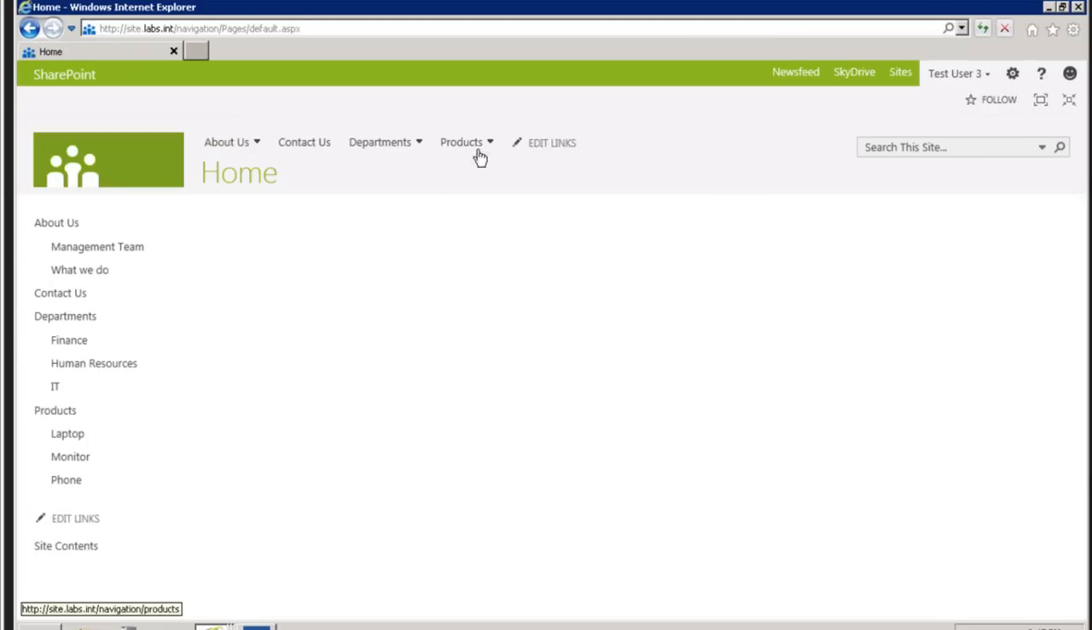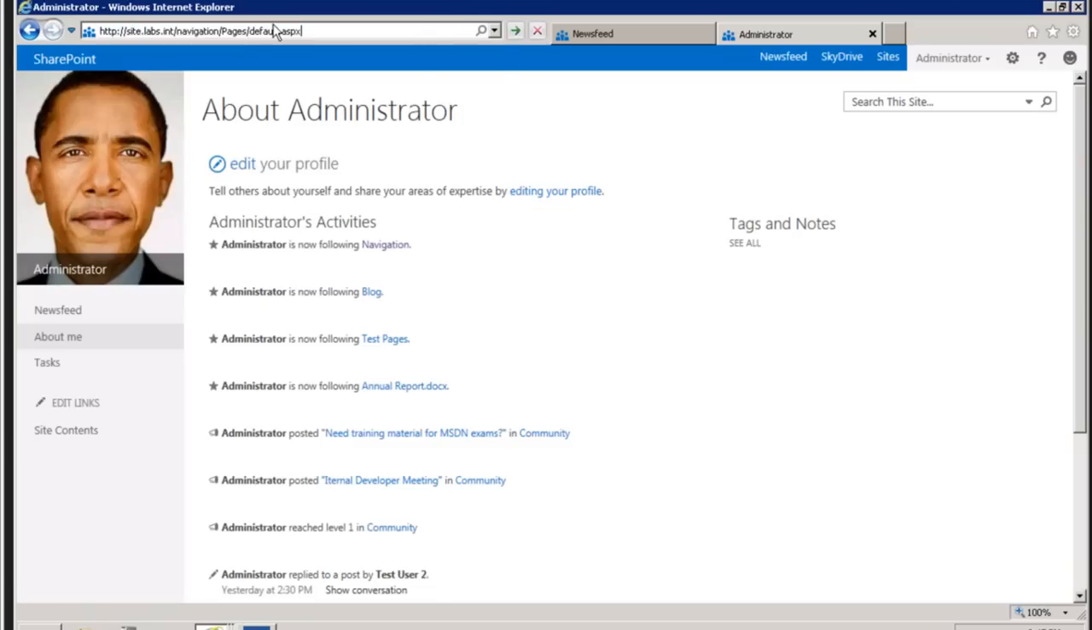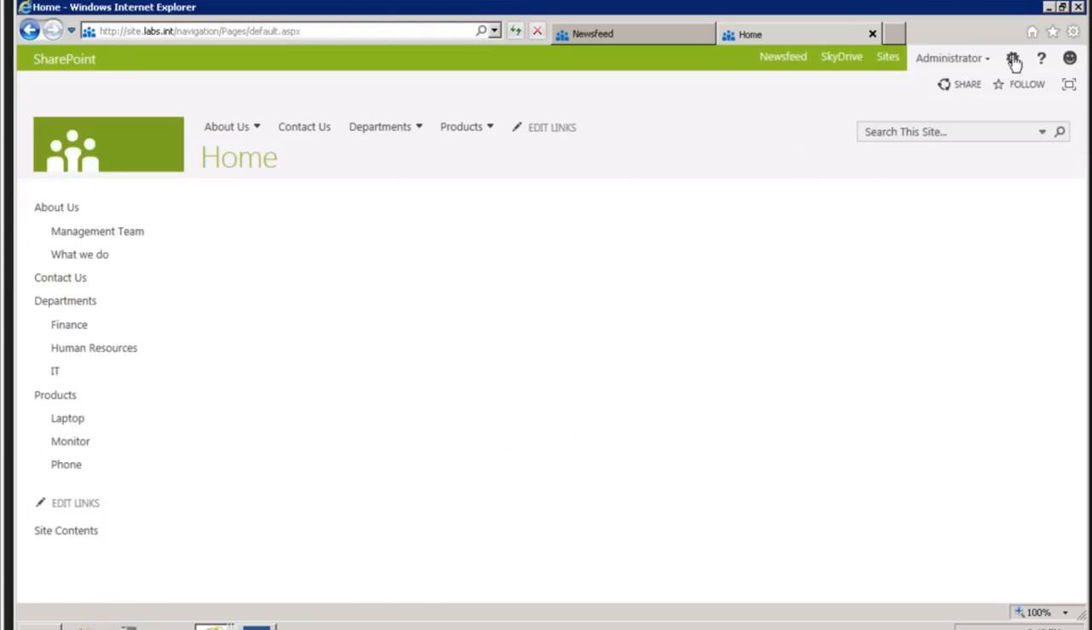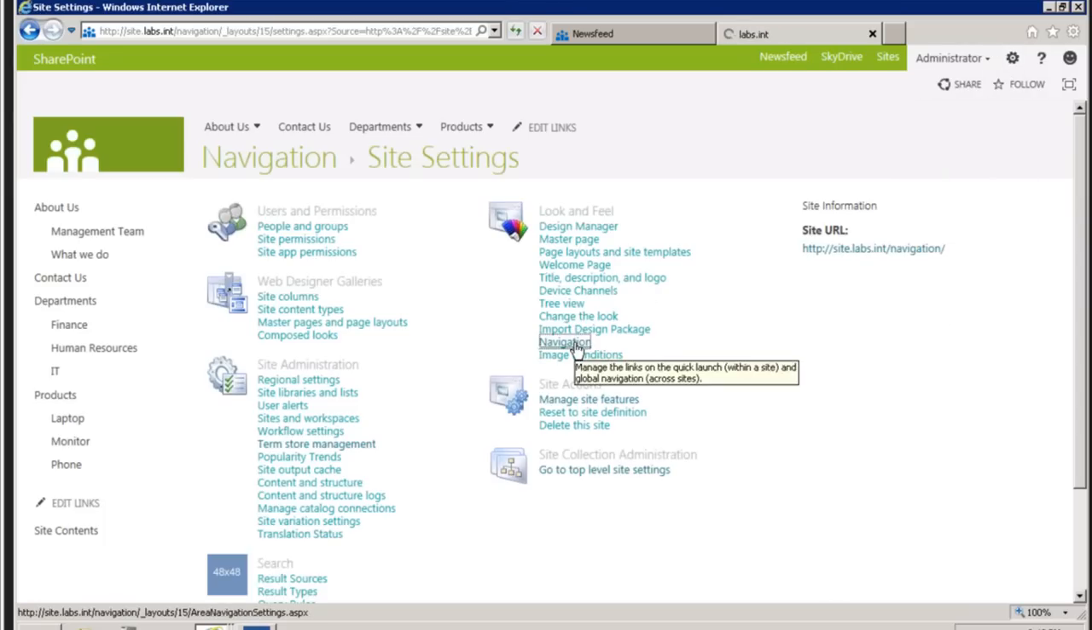But if I go to my team site called navigation, you'll notice that my navigation structure is completely different. And these don't exist. These are not subsites. These are actual values being brought in from the managed metadata. Now I need to be logged in as administrator, so let me just quickly drop back. If I go here and do site settings, when we go to navigation this time,